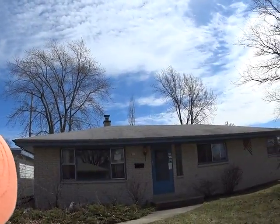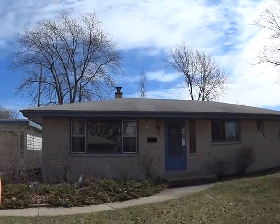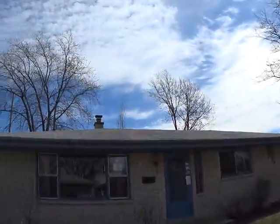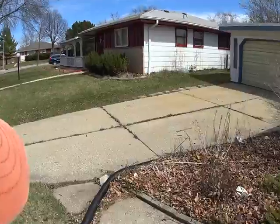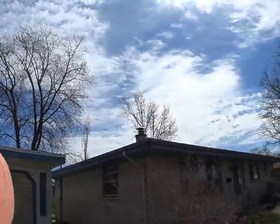I'm at 8117 West Clovernook. We are looking at the front of the house. This house was built in 1960. The roof looks pretty aged. I would say normally give it approximately 20 years,